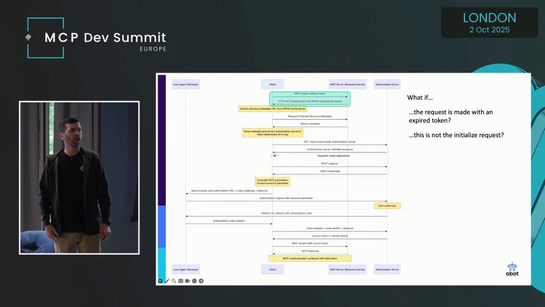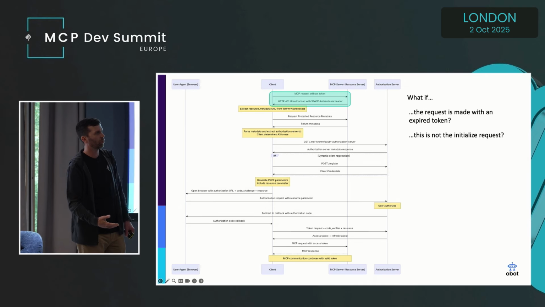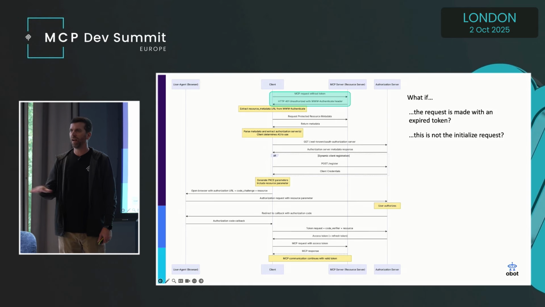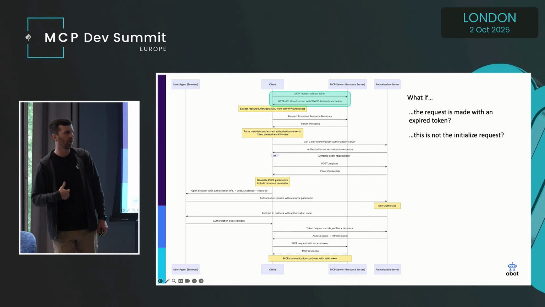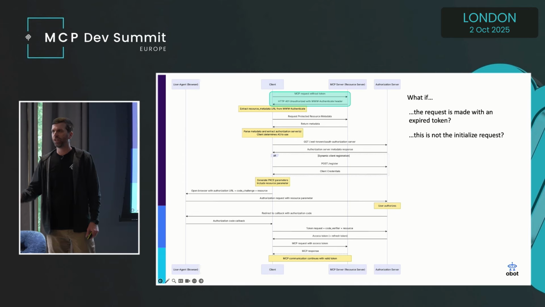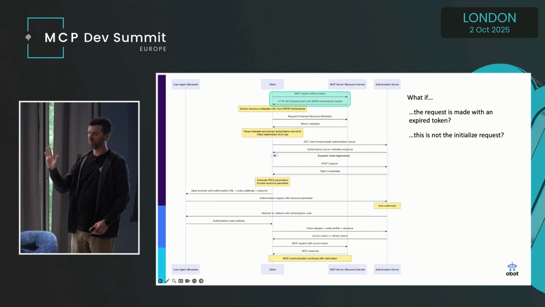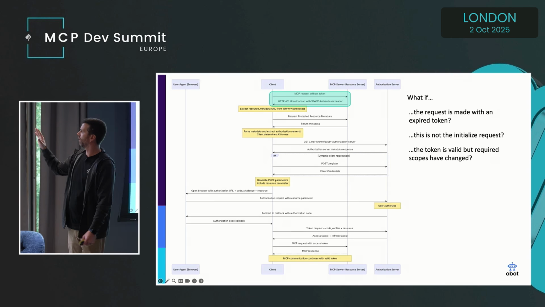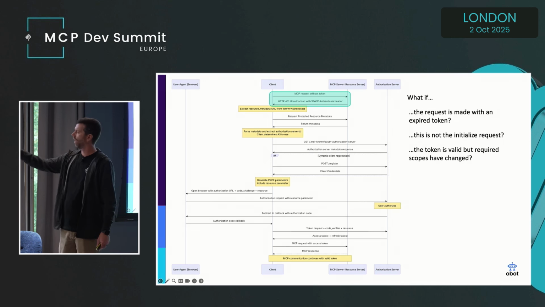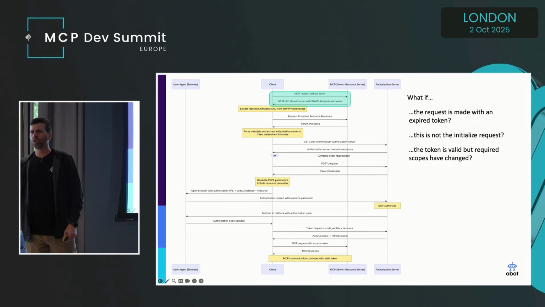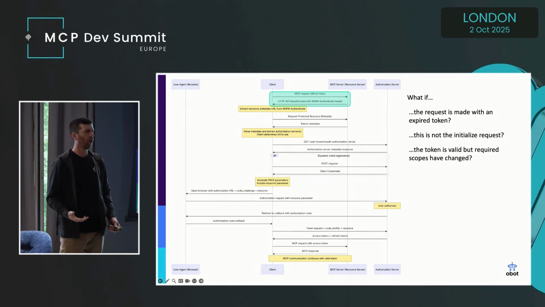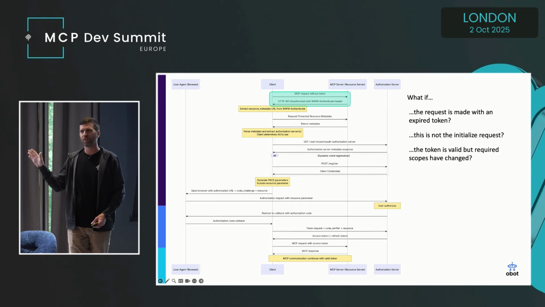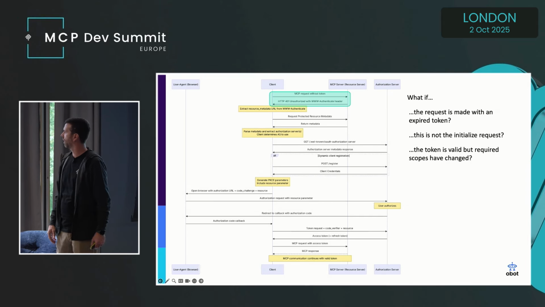What if this isn't the initialize request? What if I'm making a tool calls request or a tools list request? What happens then? This doesn't outline that. Again, every MCP client that I've worked with handles it differently. I'll tell you this, Nanobot does, well, we'll get there. I'm jumping ahead a little bit. The third thing rather, 1, 2, 3, mathematician, right? The token is valid, but the scopes have changed. So the scopes of your OAuth token have changed. What happens then? And it turns out this one is going to be solved very, very nicely, and I'm pretty excited about that, and I'll share more of that at the end.